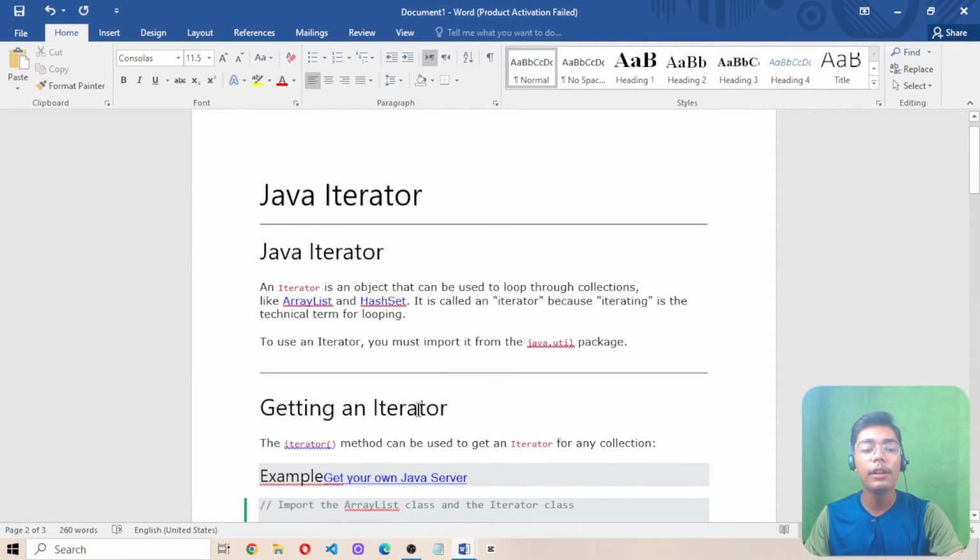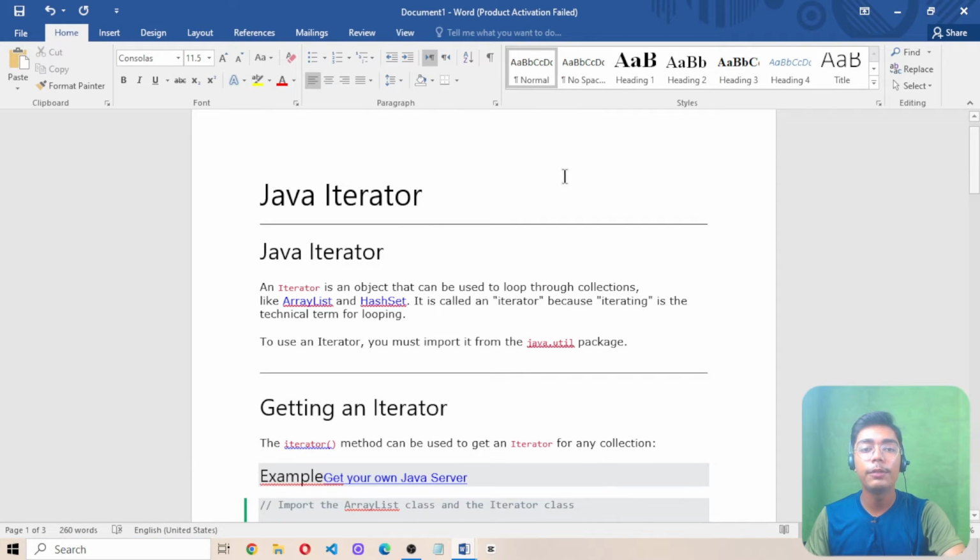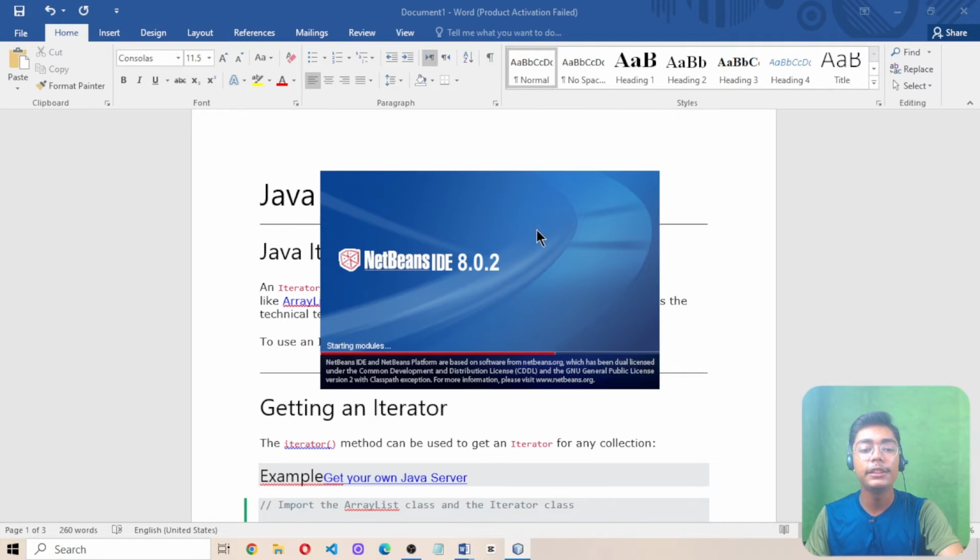And for that, I will open my NetBeans IDE, because as you know, in the previous video when we were just working with Java, we were just using NetBeans IDE. And if you are a beginner starting with a language like Java, I prefer you to use NetBeans IDE because it has all the features which a Java programmer needs when starting with a language like Java. If you want to use some other IDEs, if you are an intermediate or advanced level Java programmer,